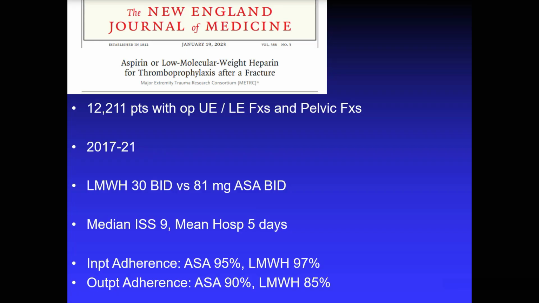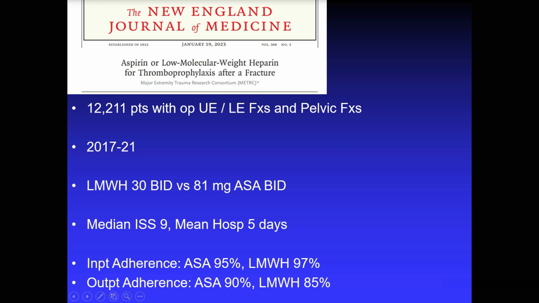Now, one thing that our institutional guidelines, as well as the AAST and the WTA guidelines, do not incorporate is the question of aspirin as DVT prophylaxis. A significant body of orthopedic literature supports the use of aspirin for VTE prophylaxis after joint replacements and other orthopedic procedures. And this recently led to interest in utilization of aspirin in patients undergoing orthopedic procedures in the setting of